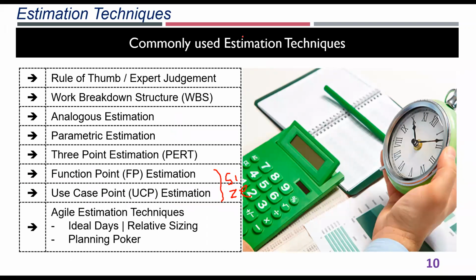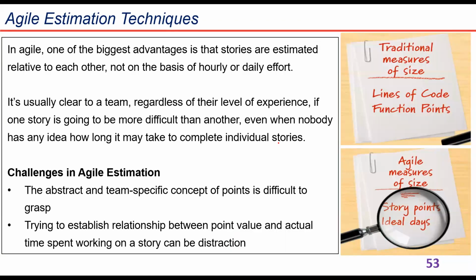Last but not the least, I will briefly cover the agile estimation techniques, but I can already see a lot of people already know about it. You will already be aware of these techniques. And I think one of the important things in agile estimation is that there is no concept of an absolute estimation. There's always a concept of relative estimation. So whenever we talk about an agile project, we say that it's a relative estimation technique, right? Traditional estimation techniques focus on the size of the product, whereas agile estimation techniques focus on relative estimation,